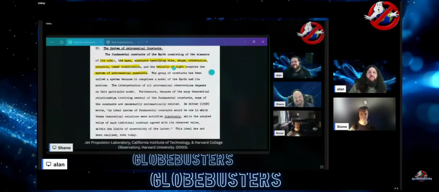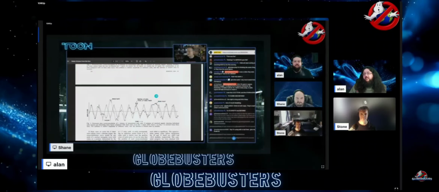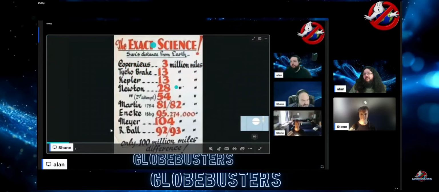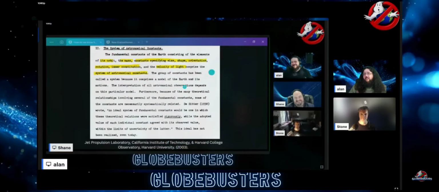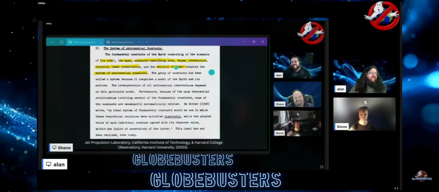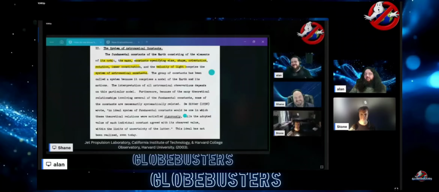So all of these constants used to even assert this relationship of size to celestial bodies within their model is all a ratio that's dependent on one another. They're not independently confirmed. They are perfectly circular. Yeah. If you were making a spreadsheet and you changed one of these values, they would all brick because they're all interdependent on one another. And that is not ideal, as De Sitter correctly stated here. And then here's us all having a good chuckle at that after we learned that they were all a ratio of one another.